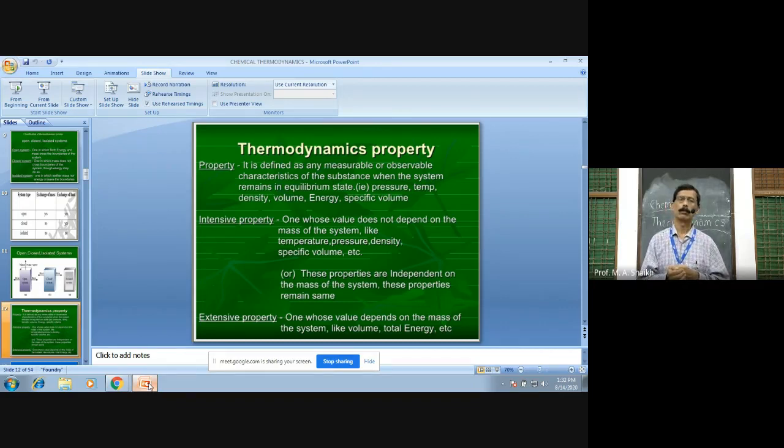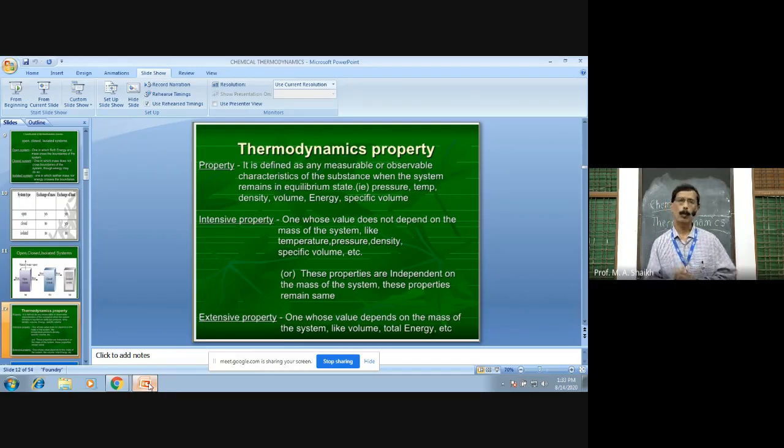Now, the next question is, which property is called an intensive property? कौन से प्रॉपर्टी को इंटेंसिव प्रॉपर्टी कहा जाता है? इसका आंसर क्या होगा? The answer is: the measurable or thermodynamic property of a system which does not depend on the quantity of matter present in the system is known as an intensive property.